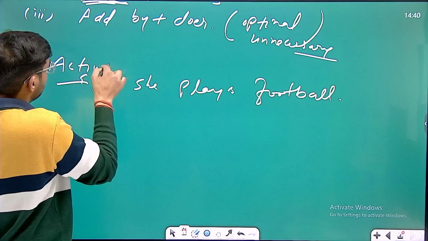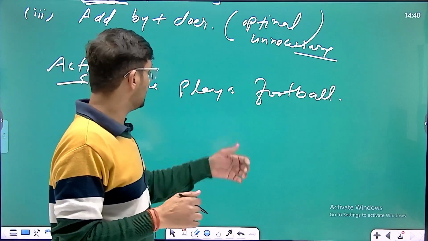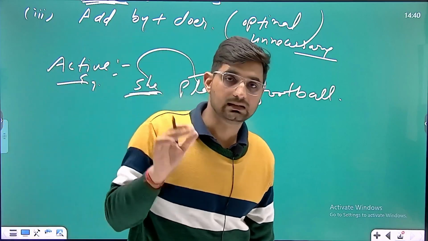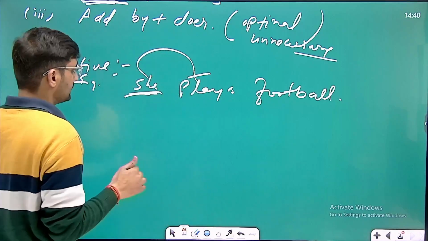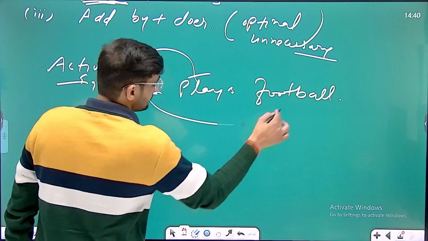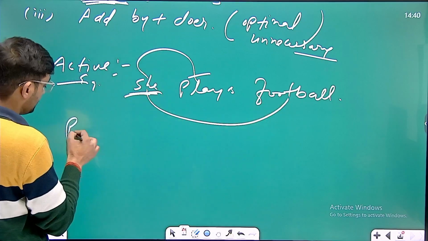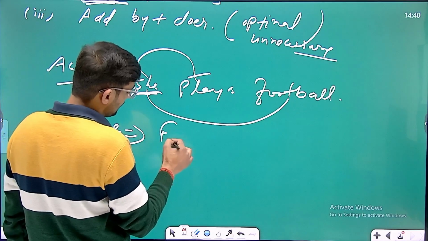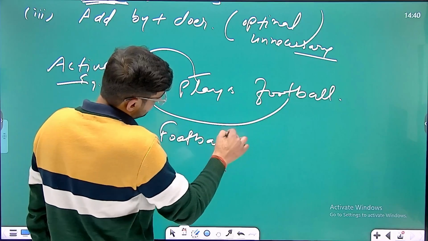How can we identify whether it is active or passive? "She played" means the subject is performing an action, of playing. Understood. Okay. So the first thing we need to do is interchange the subject and object. If we change the given sentence into passive voice, we'll write here football, and thereafter we